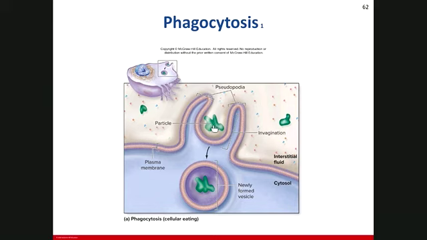This particle, maybe a nutrient, maybe a virus, bacteria, fungi, or parasite, comes near the cell, and our cell can make pseudopodia or false feet around this particle. And then these two sides are attached together and the vesicle is released inside the cell. When the vesicle is released inside the cell, we need to use energy,